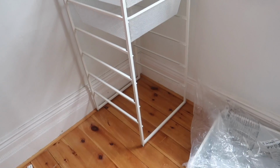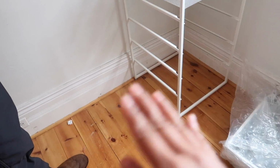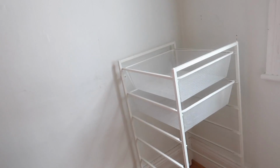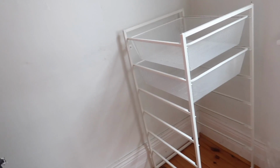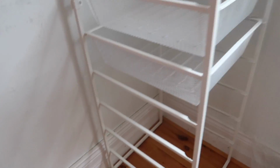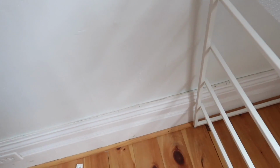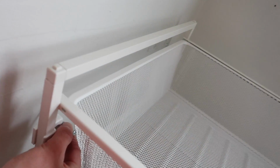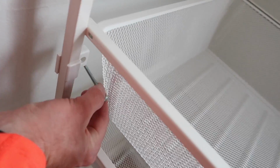So after much deliberation, we realized that our house is so uneven. It's a 100-year-old house, so these floors are incredibly bowed, and stuff like this really shouldn't be nailed to the wall because this trim is at least 1.5 centimeters away from the wall itself. So if you were to nail it against the wall, you'd have... Yeah, we don't want that much of a screw exposed from the wall, so...